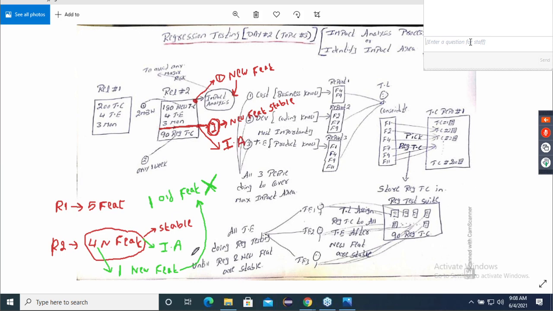What is the meaning of this new feature and old feature cannot be together? In this application, either the new feature should be there or the old feature should be there. Two features cannot be there. The code is not supporting each other. Only one feature should be there. And this you came to know after doing the impact analysis.